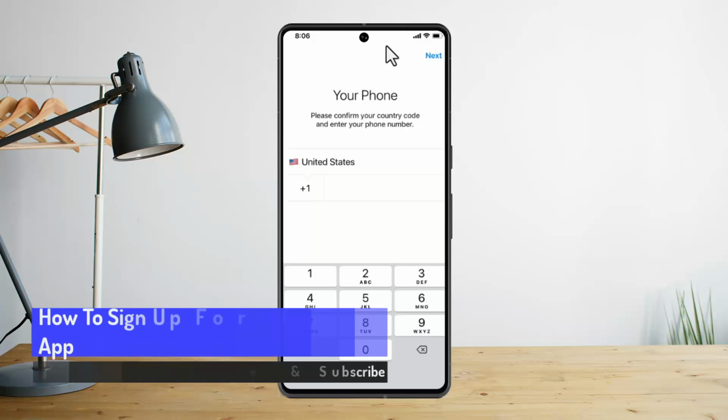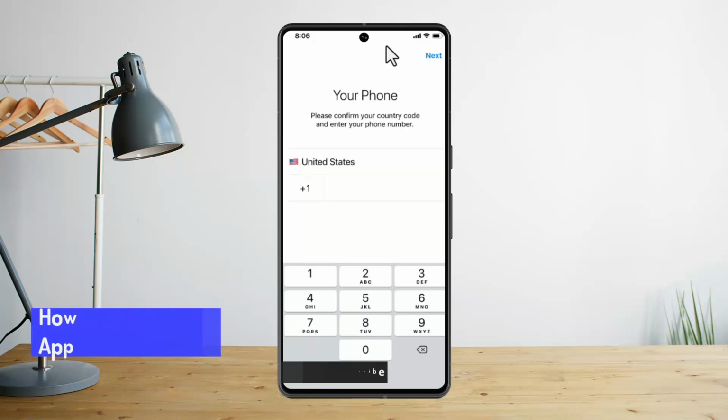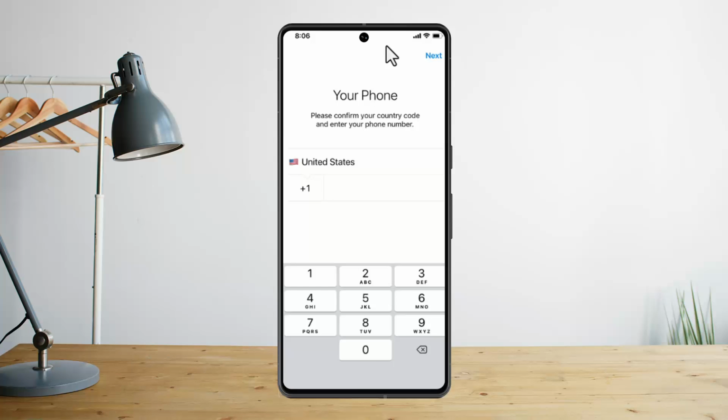Alright everybody, welcome back. In this video, I'll be showing you the procedure on how you can sign up for a Telegram account or Telegram app. To sign up or create your Telegram app,